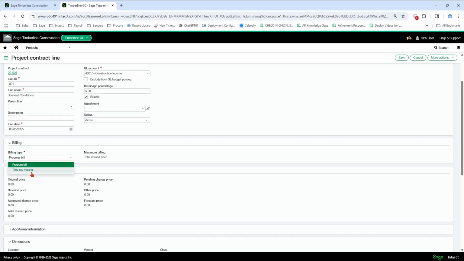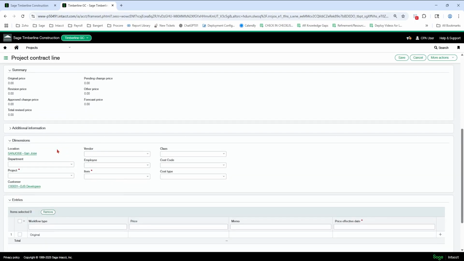So the difference between these two billing types is purely how the system works, how the generate invoice screen works. It's not the form, it's how the screen works. So progress bill is typing in the amounts or the percent complete. Time and material is using the costs in the system, the timesheet hours, using rate tables to calculate what the billing is going to do on the billing screen. So it's an automation.